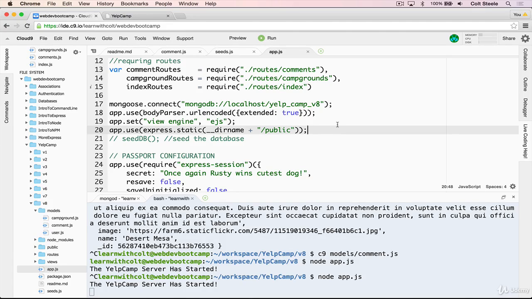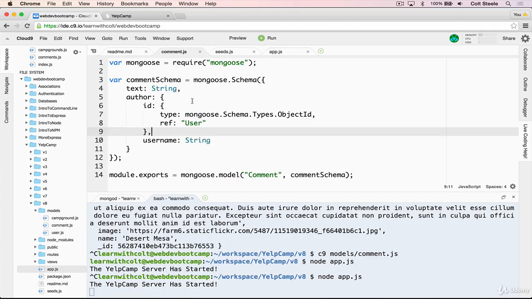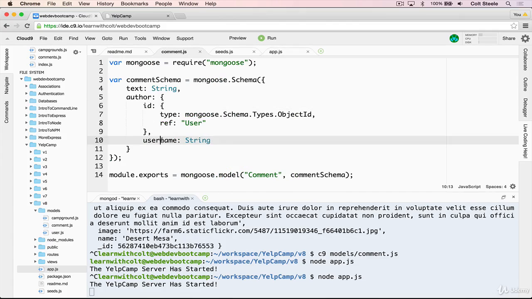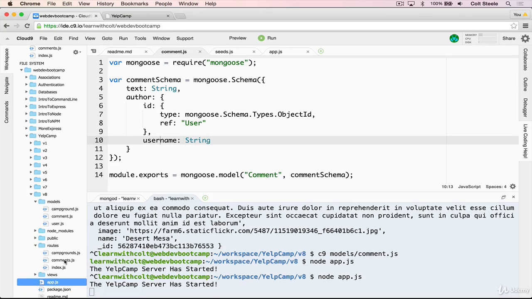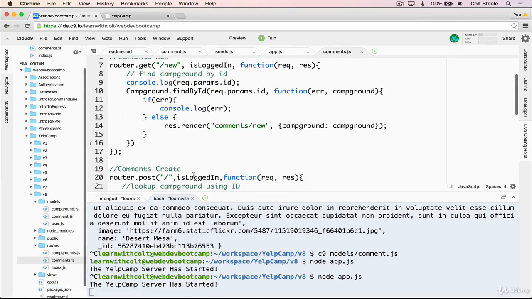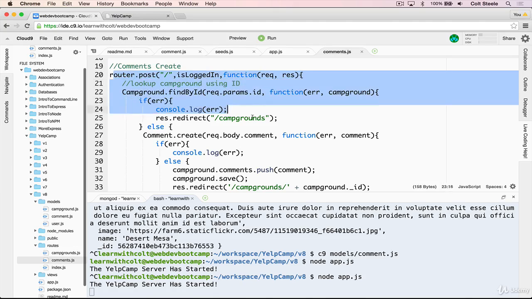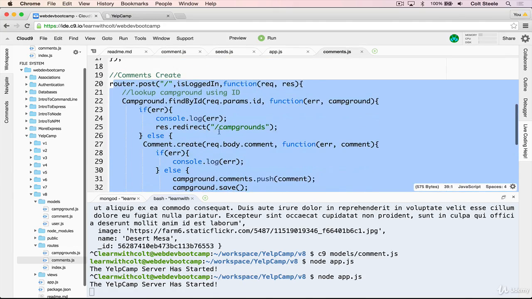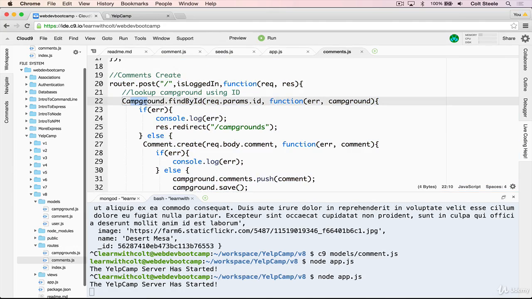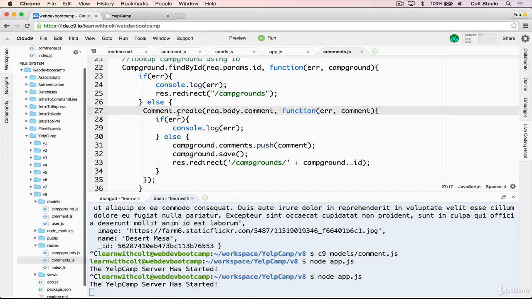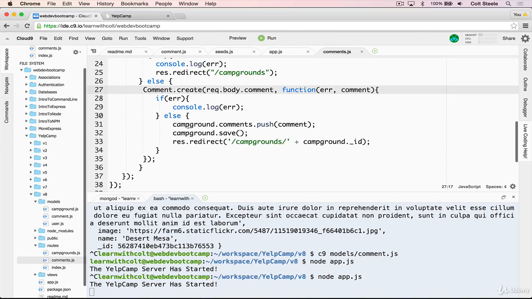Okay, so now that we have that out of the way, let's focus on this logic of associating the author and the ID and username of that author with the comment. So we need to go to the code where we're creating the comment, which is inside of routes and inside of comments.js. And it's right here, comments create. And this code is responsible for first finding the correct campground by using that ID in the route. And then once we find that campground, then creating a comment, and then pushing that comment into the campground, and